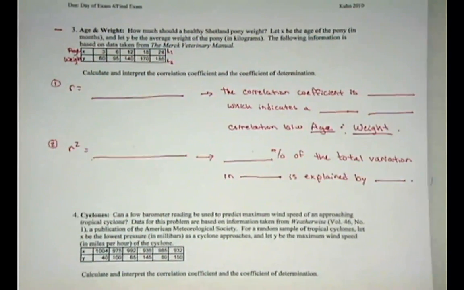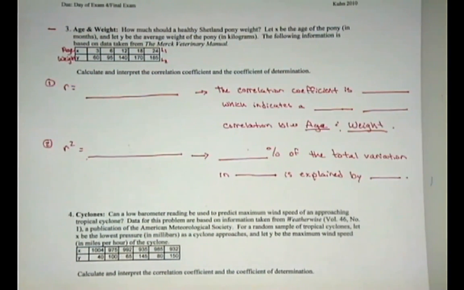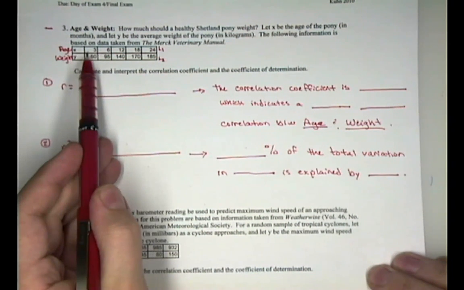Okay, so this is calculating a correlation coefficient as well as the coefficient of determination and interpreting them both. So this example has to do with age and weight of Shetland ponies. So X is the age and Y is the weight, and if you've got a grapher, enter the X's into